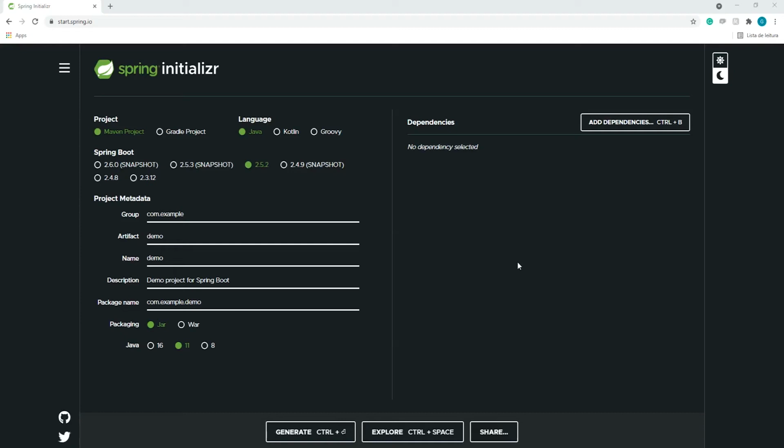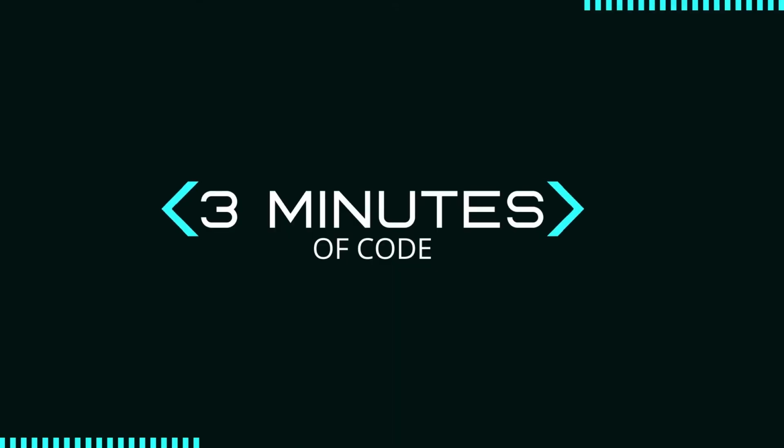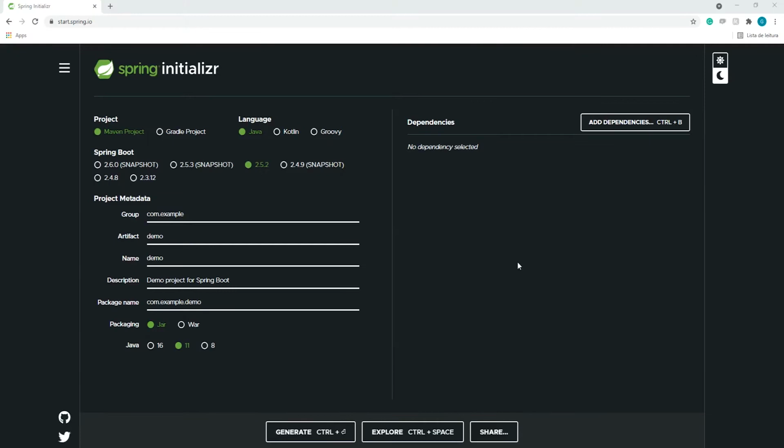Hello everybody, today you're gonna learn how to make the setup of the Spring Boot in your local environment. So to get started, first you need to access the Spring Boot starting page at